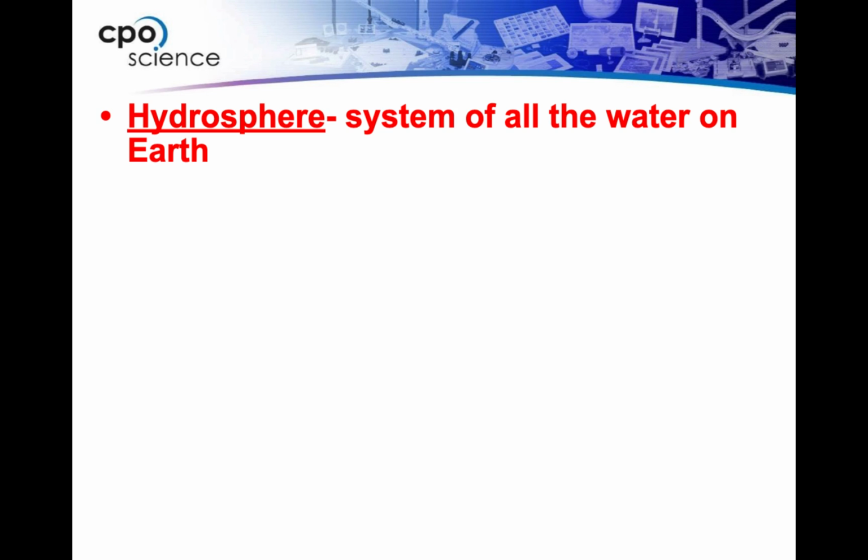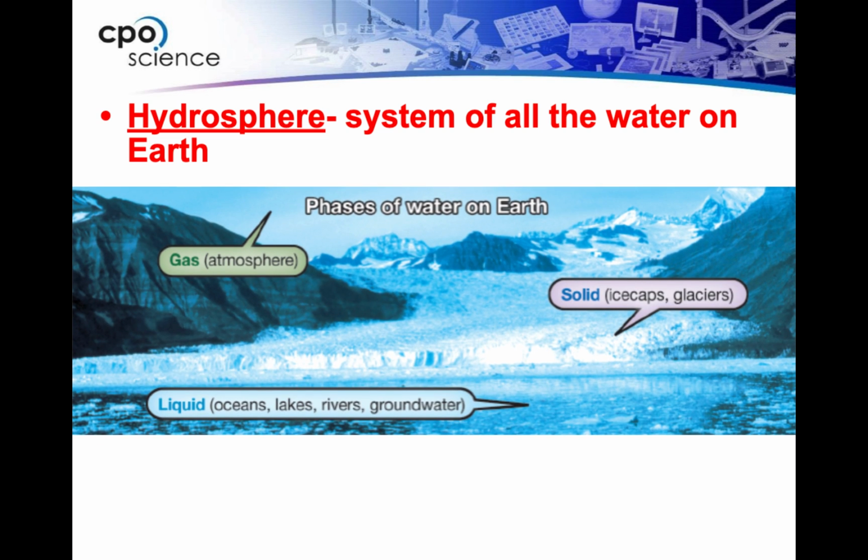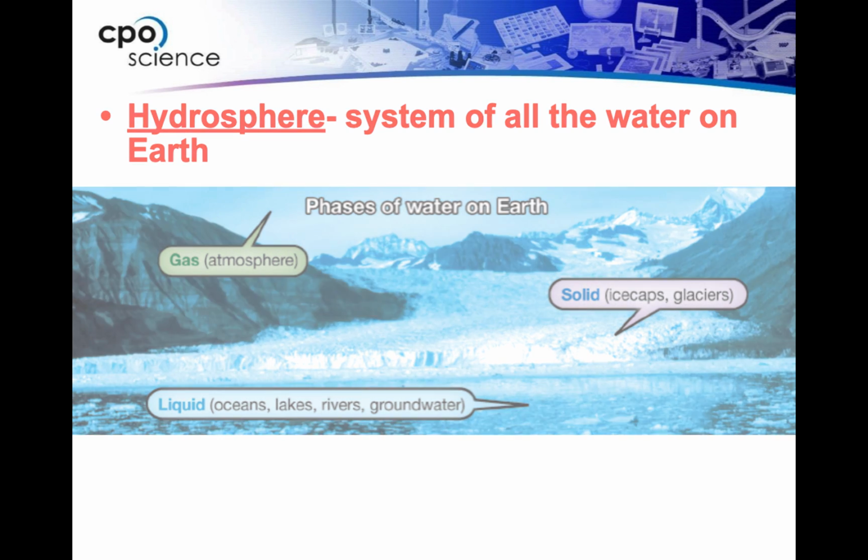All of this water that we've just talked about, water that's found in oceans, in rivers, in the air, all of that water is a part of what we call the hydrosphere. So the system of all the water on the Earth is the hydrosphere, hydro meaning water. So we find it in 3 different phases: solids, liquids, and gases. In solids, we're going to find it in ice or in glaciers. In liquids, we're going to find it in oceans, lakes, rivers, groundwater. And then in the atmosphere, as a gas, we call that water vapor. But all of that together, when you combine all of it, is what we call the hydrosphere, hydro meaning water.